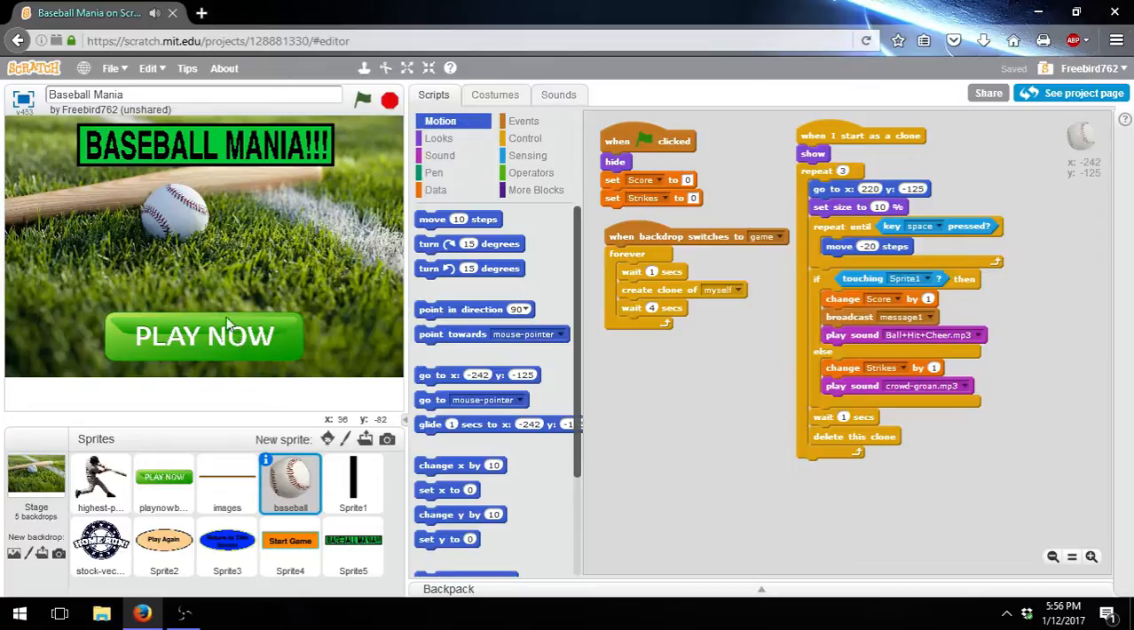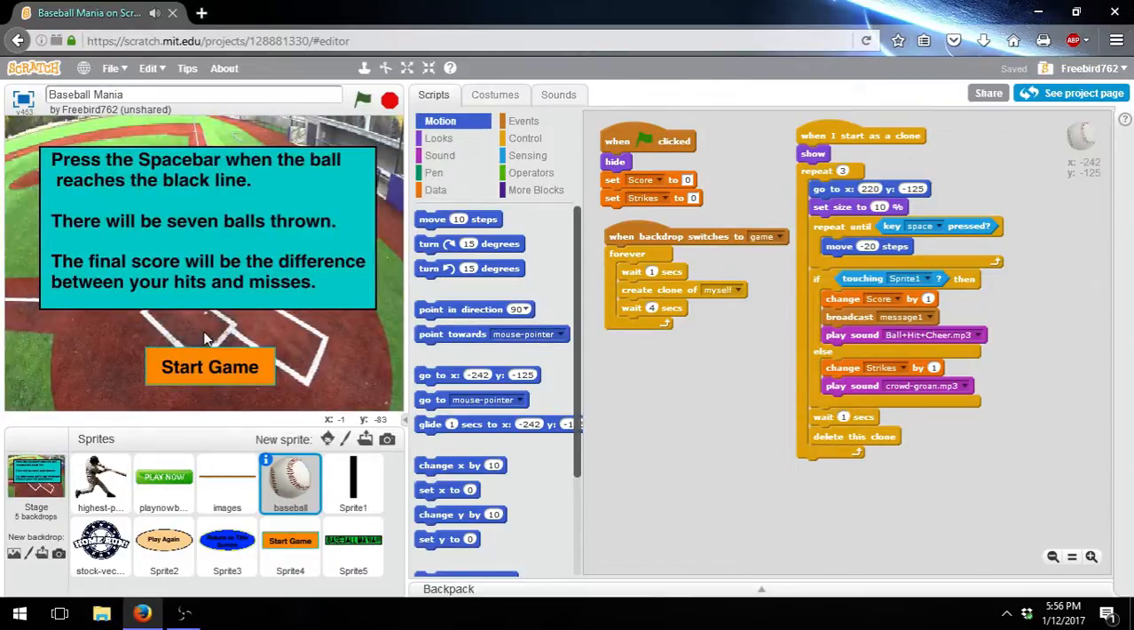See, I have my title screen here with the title, Baseball Mania, with a Play Now button, which I will click to continue. Now we have instructions showing us that when we press the space bar, the ball stops when it will move, and there will be a total of 7 balls thrown, so we can deduce that a maximum score of 7 is made. And we also see how score is calculated. It's important to have instructions so everyone knows how to play the game. So I'm going to start it